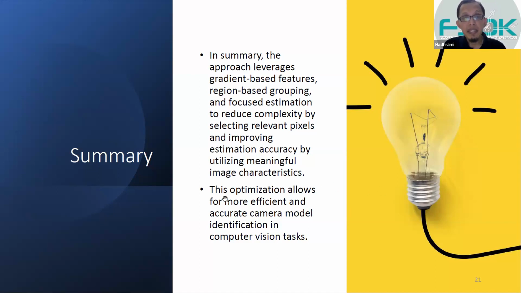By using these methods, we can improve a bit in terms of accuracy and reducing the complexity. This optimization also allows for more efficient and accurate camera model identification in computer vision tasks.